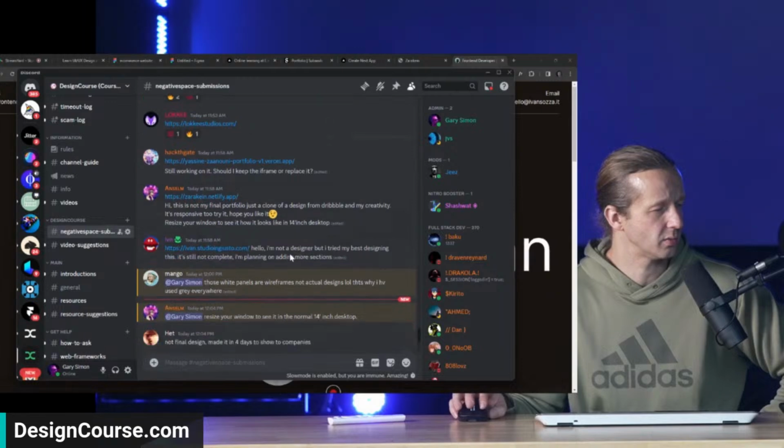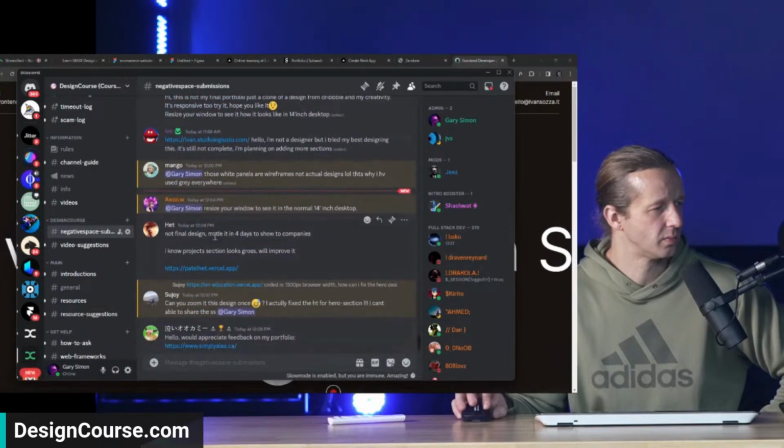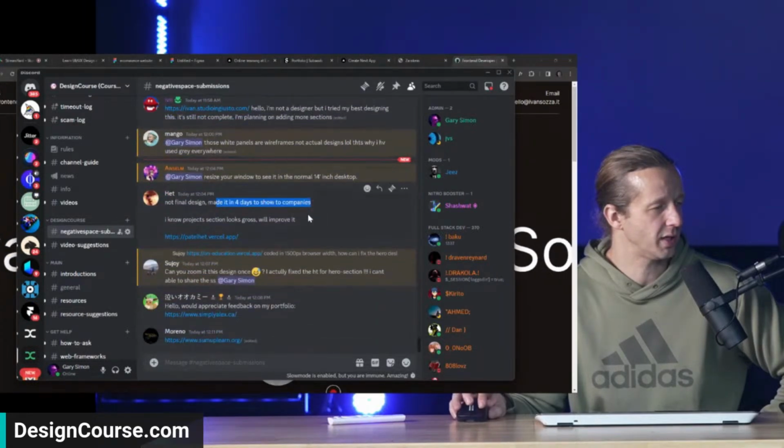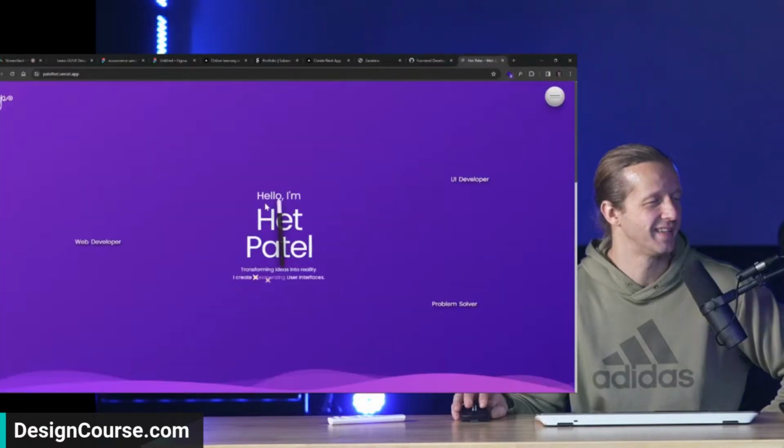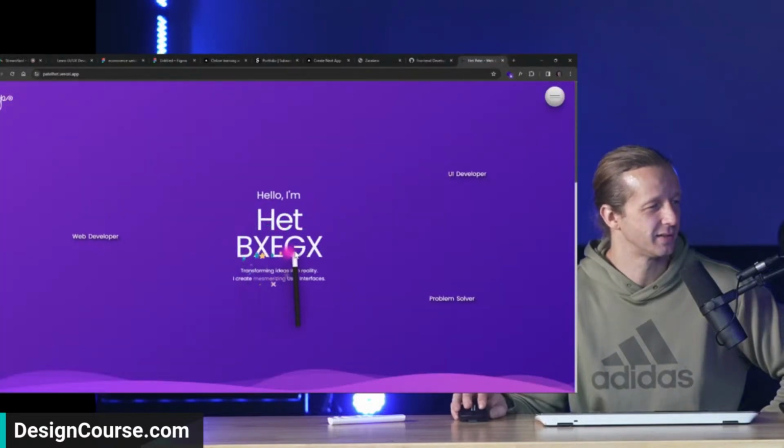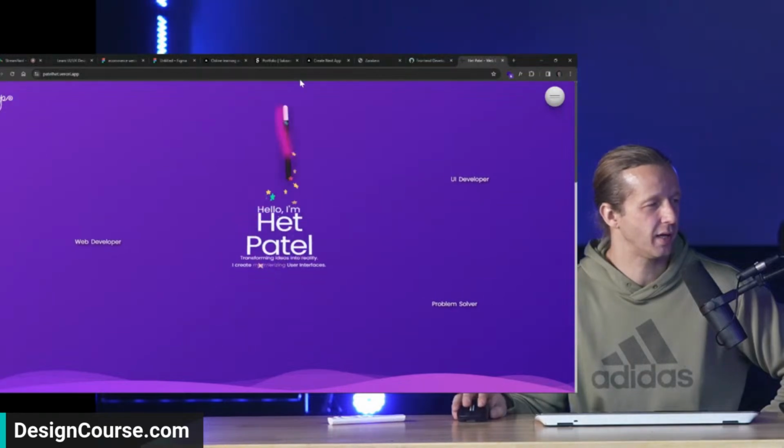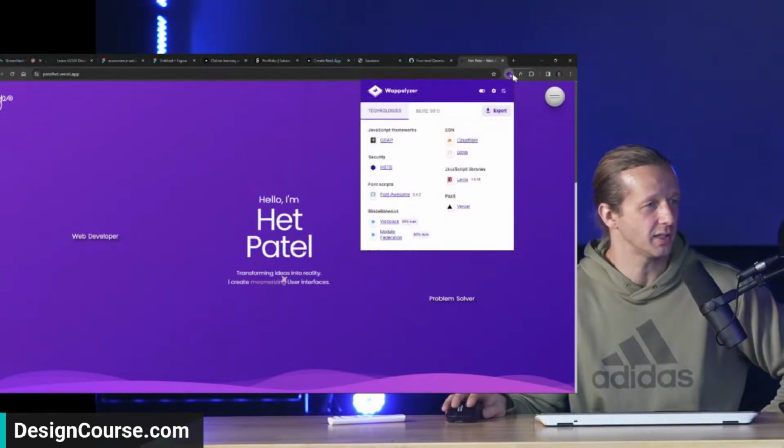Let's see. Made it 4 days ago to show companies. I know the project section looks gross. We'll improve it. That's cool. That is cool. Look at these unique things we're doing these days. What is this? GreenSock. Awesome.